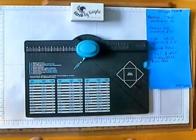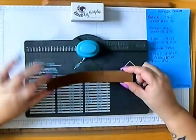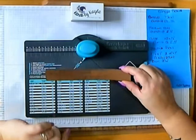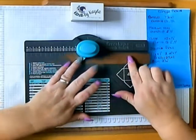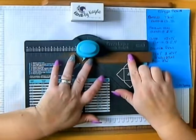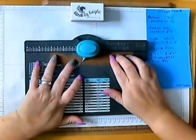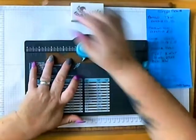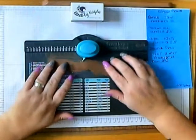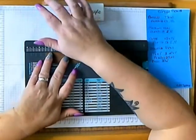So to make the smaller bows you need a piece of paper that is 7 1/8 of an inch long, and 1 inch wide. It's quite quick, so you punch at 1.5 inch and at 3.5 inches. Flip it over and punch at 3.5, 1.5,